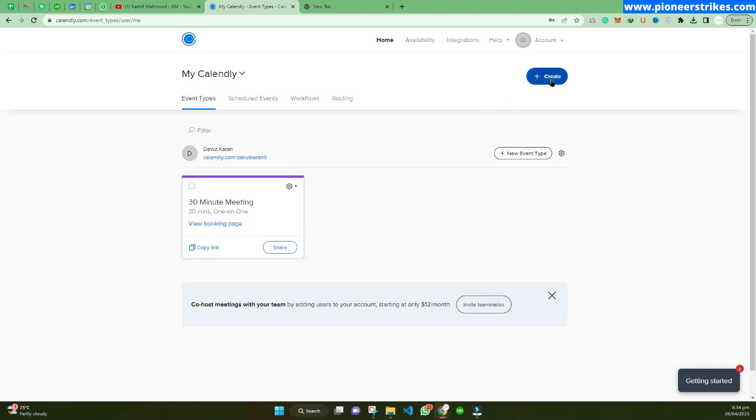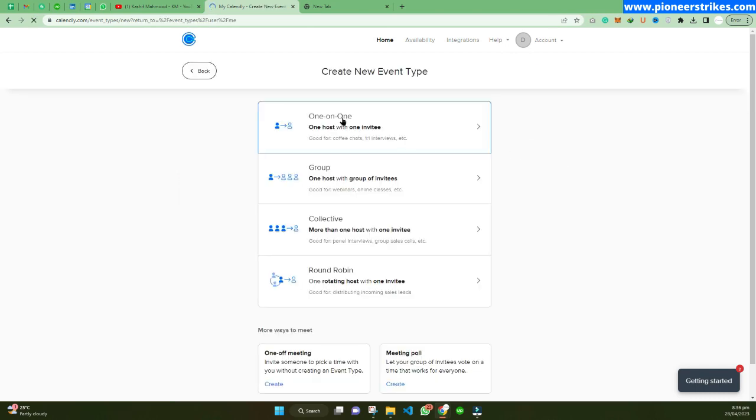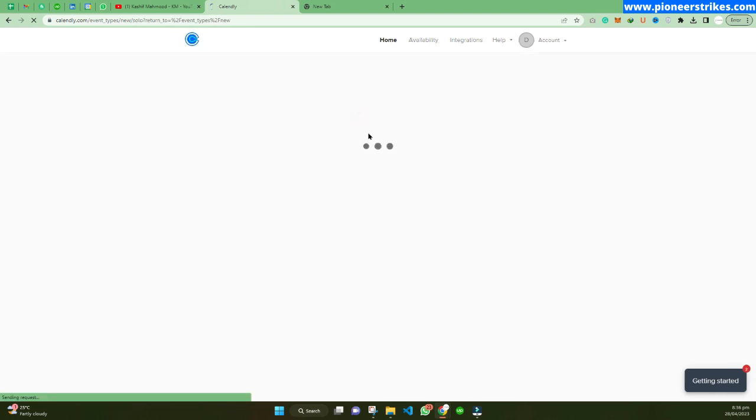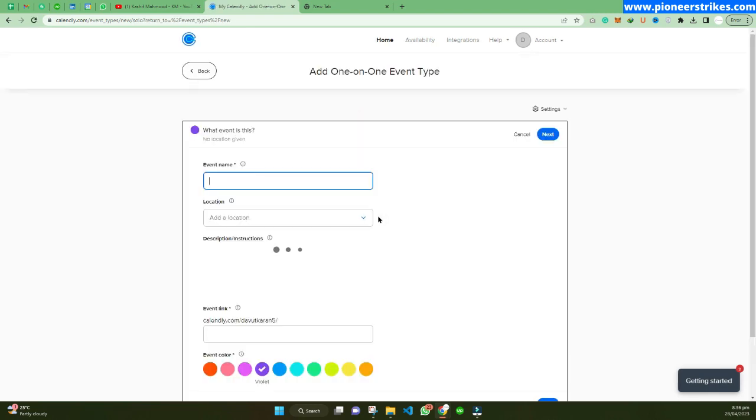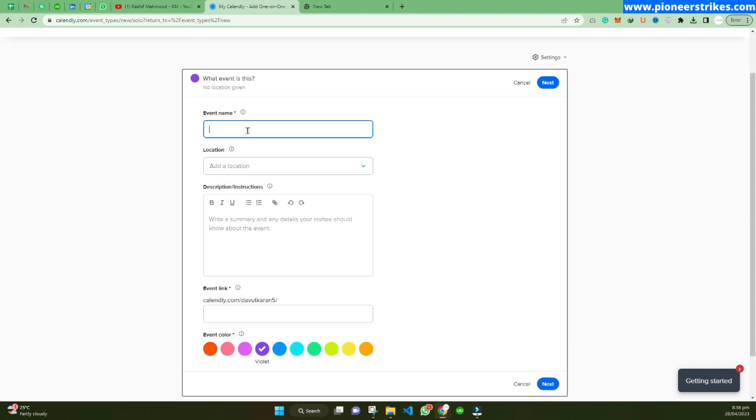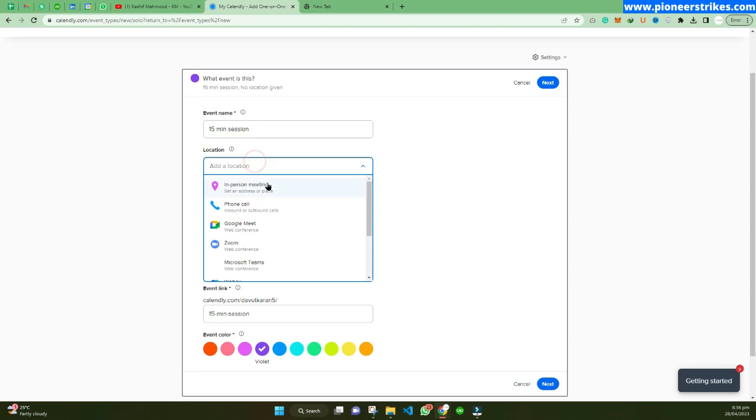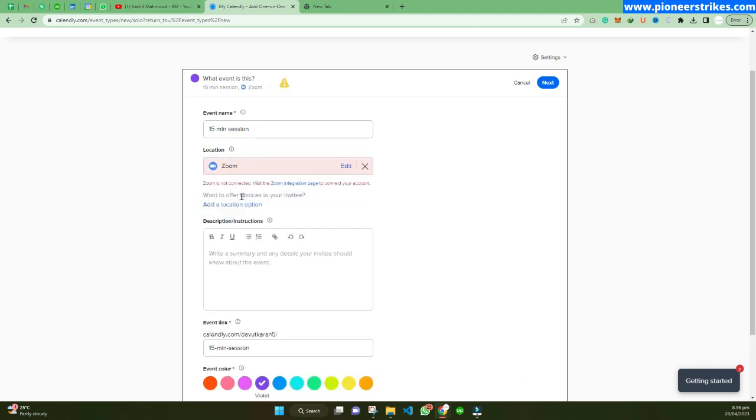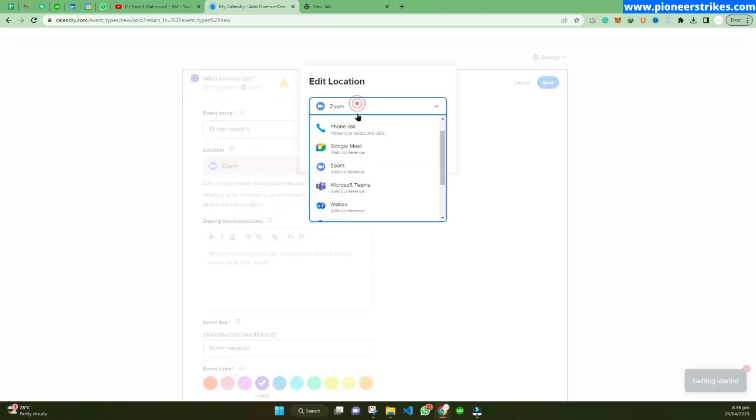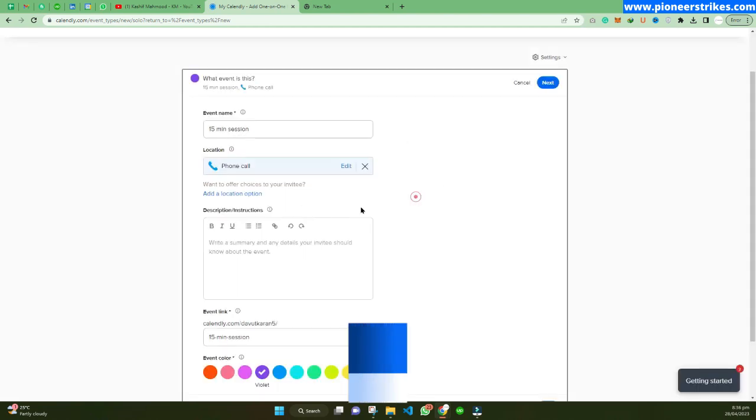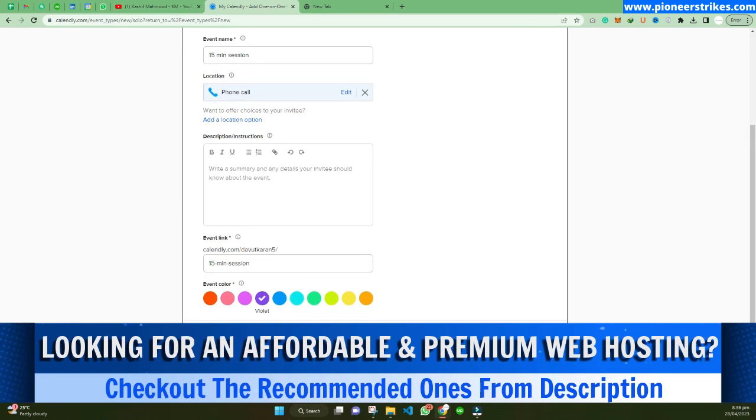If you want to create a meeting, you can create a new event type, and here you can choose one-on-one or any other option that you want to use. Here you just need to enter the event name. So maybe I can use a 15-minute session. Add the location over here. If you want to use Zoom you can use that, but for that you need to integrate Zoom. For this we can just use this phone call, and we can click on next,